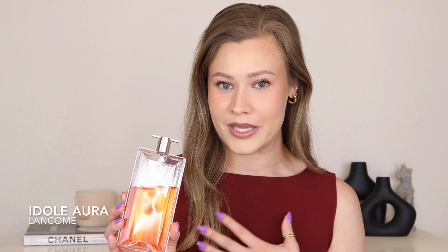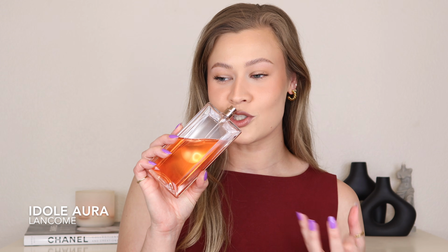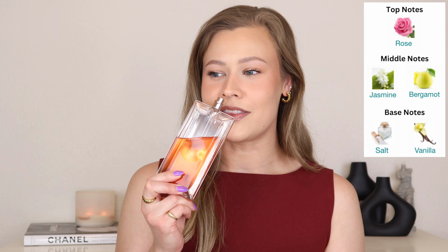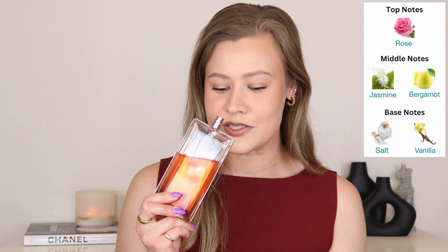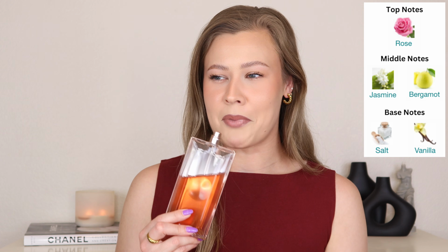Next up, we have Lancome Idole Aura. This is by far, for me, the standout of the Idole line. This is a beautiful, warm, solar, salty vanilla floral, and I really like that the salt isn't heavy with this one. Sometimes when it comes to salty vanillas, they go heavy-handed with the salt, and that can be bothersome for me,